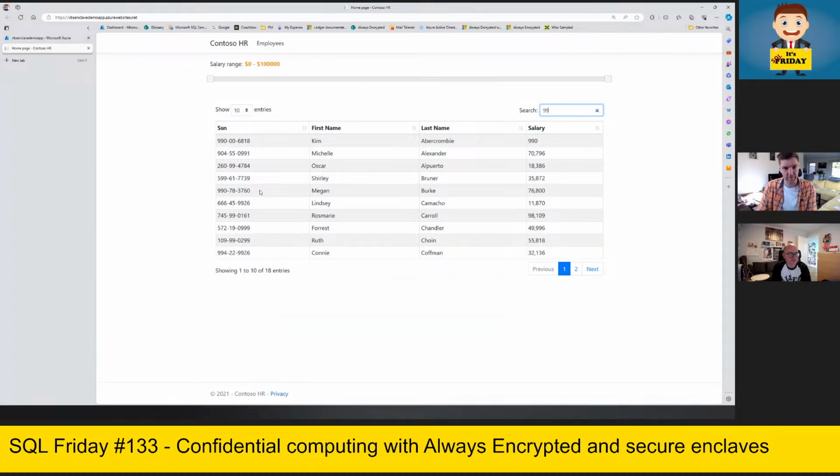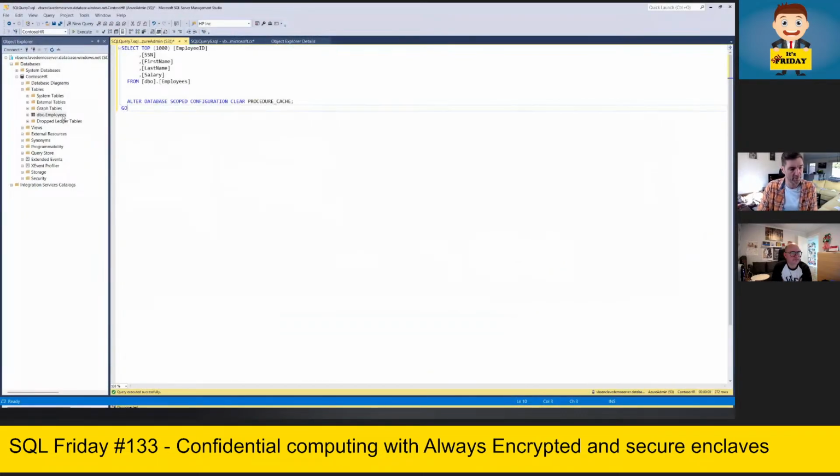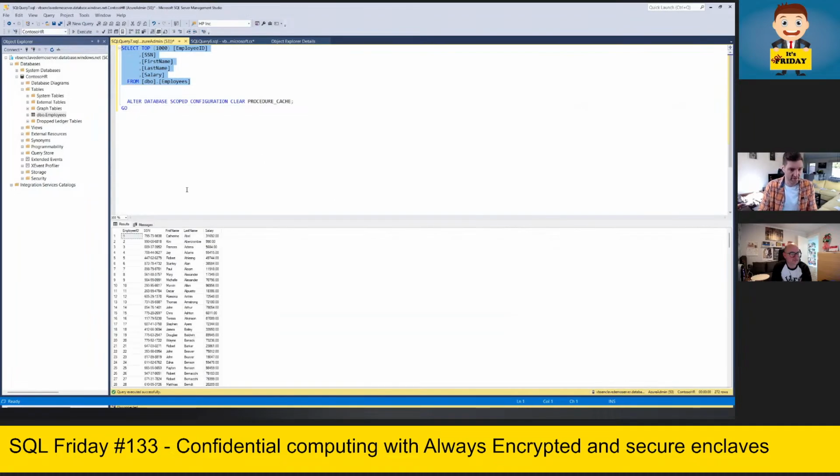So simple web application. Let me jump to the Management Studio now. This is the employees table here. And I am connected here below. You can see, hopefully you can see this, a login called Azure Admin. That is a user that is used by the DBAs of the company. So if I just run this select statement here, I can actually see the same information like in the website, social security number and salary. And that's not what we want, of course. We want to protect that sensitive information from people that do not need to see this information.